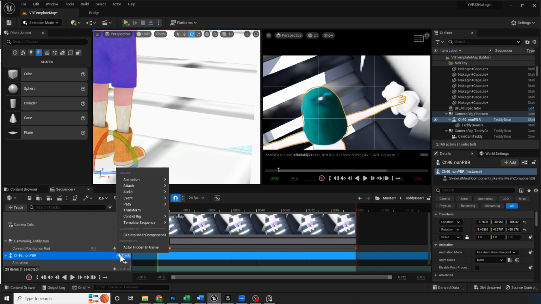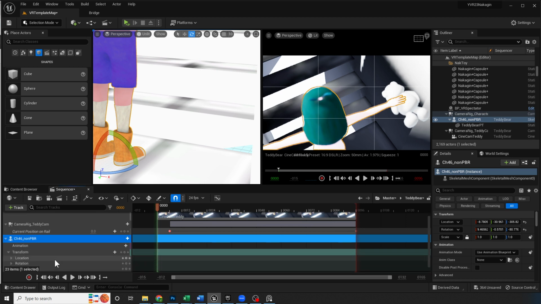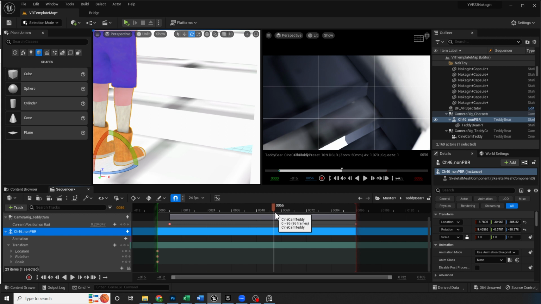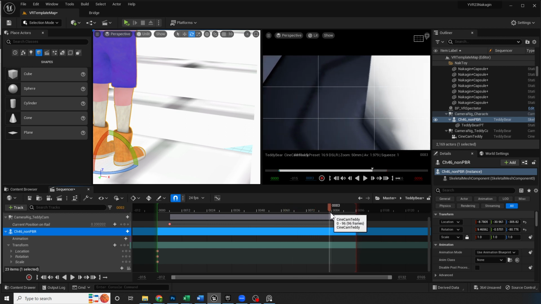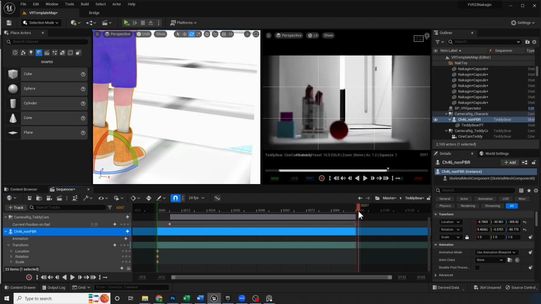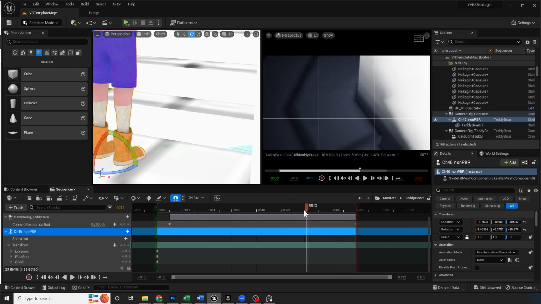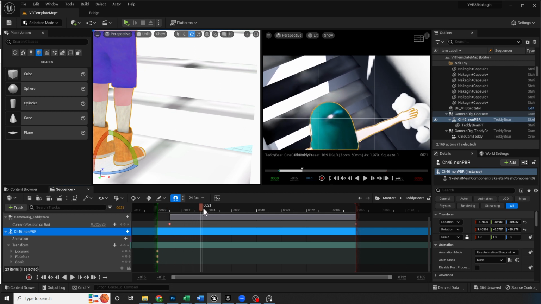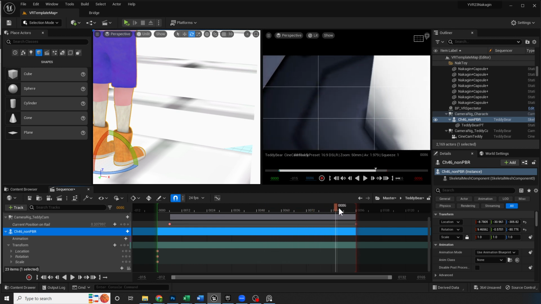I'm going to add, actually I think there already is a transform. Right, so I can create a key for location, rotation, and scale. It's really location that matters, but that's fine. And then by the time we're up here, I'm gonna position her